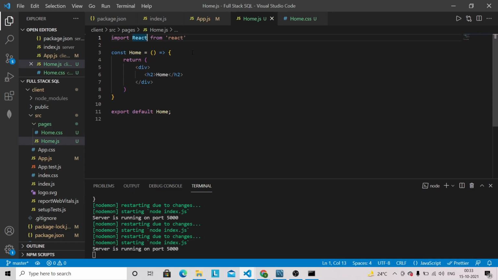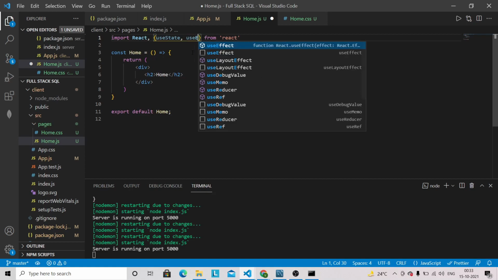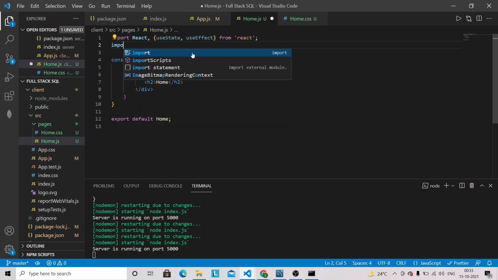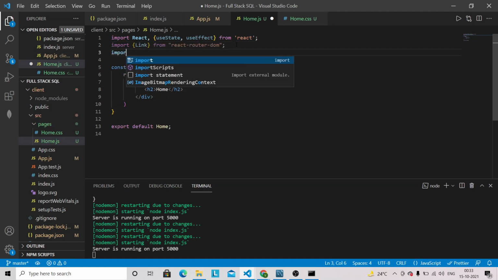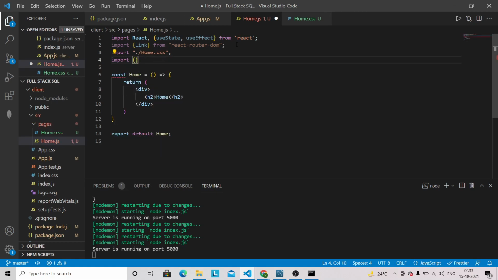So from React we need to bring hooks like useState, useEffect, and we need to bring Link from our React Router DOM, and let's bring that CSS file as well, home.css, and let's bring the toast, because we're gonna need this one when we implement the delete operation.